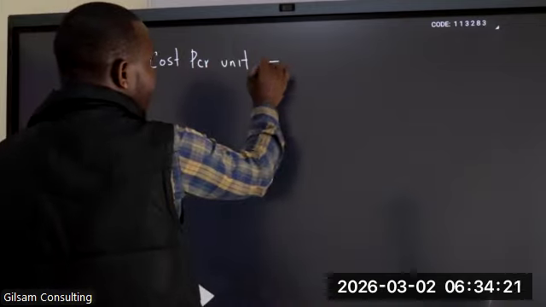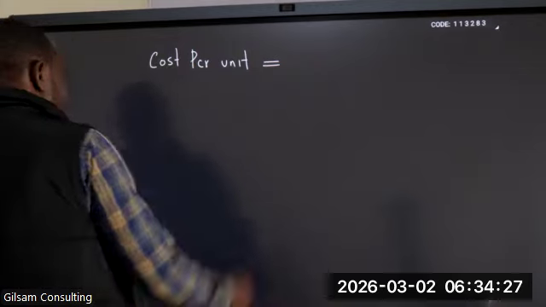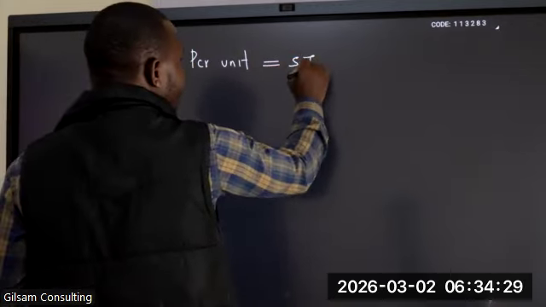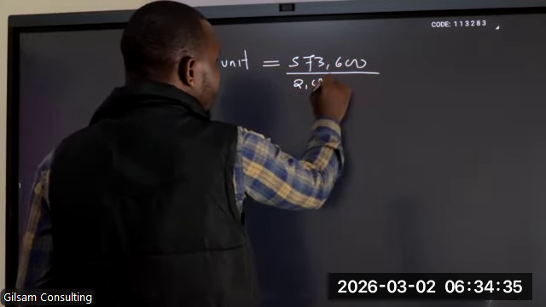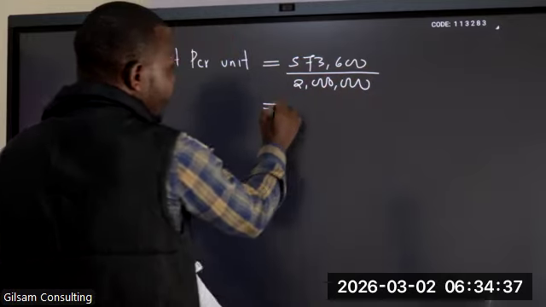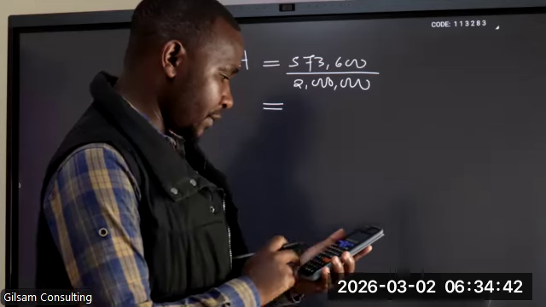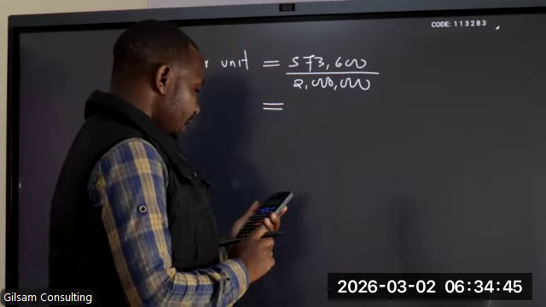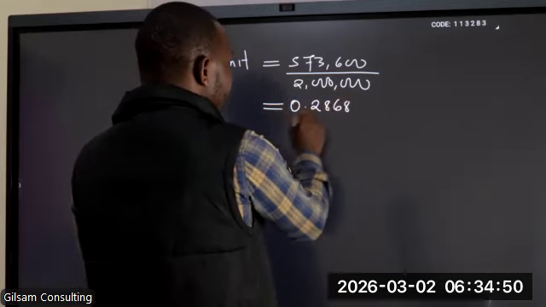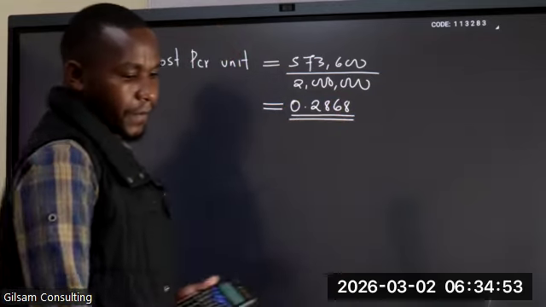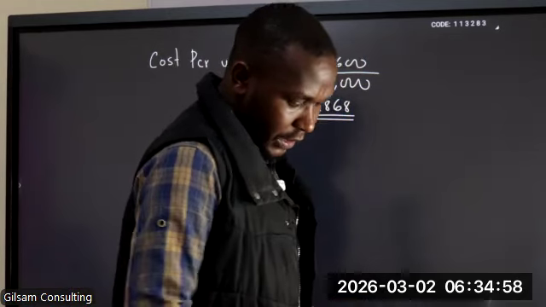Cost per unit, you take the total cost, which is 573,600, divided by the total number of units they produce during the year. It's giving us 0.8688. So that is the cost per unit. Now let's go to